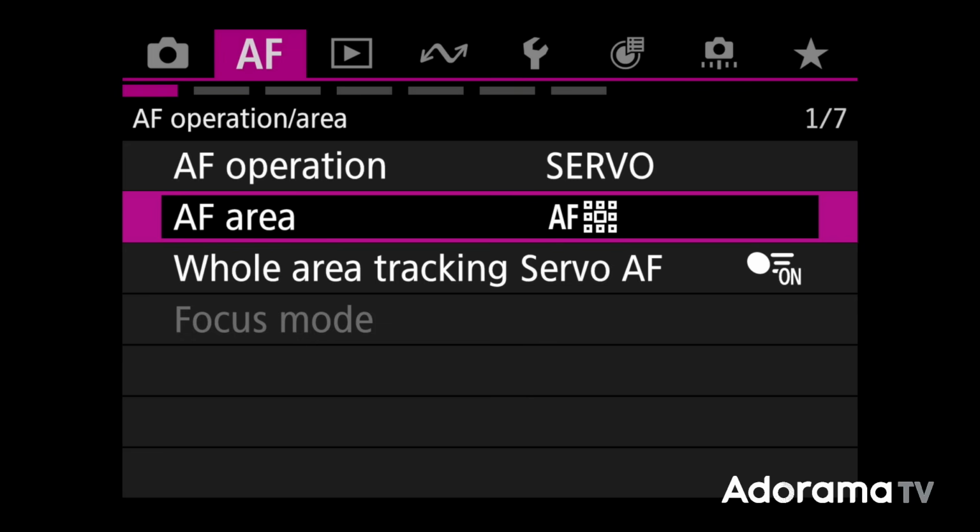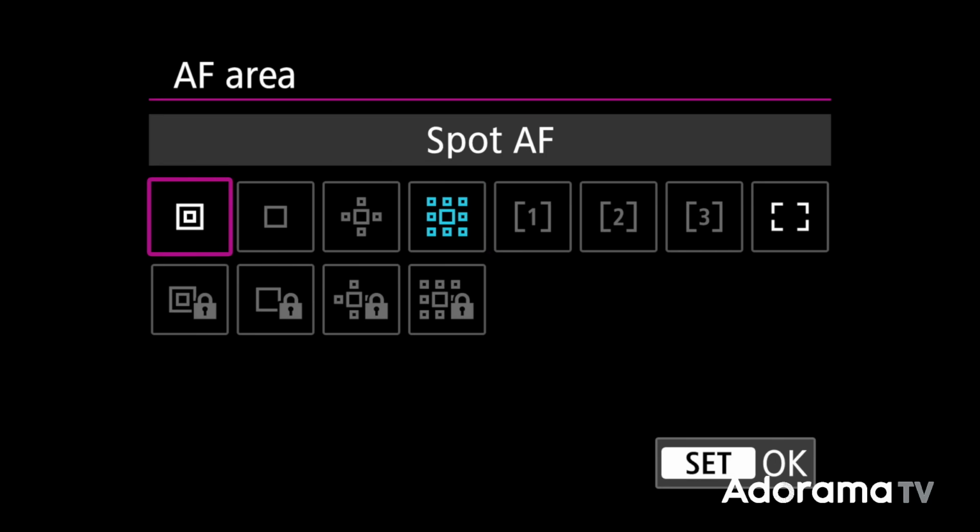Now, I really don't use the tiny little spot AF. That's a really small little point, but if I want to have the option to put my focus point exactly in a certain spot, it's nice to have that available if I need it. But that's how I have that set up. I'm only going to use